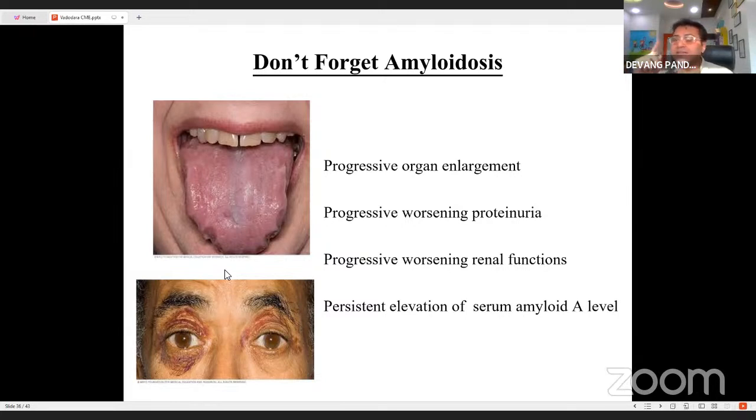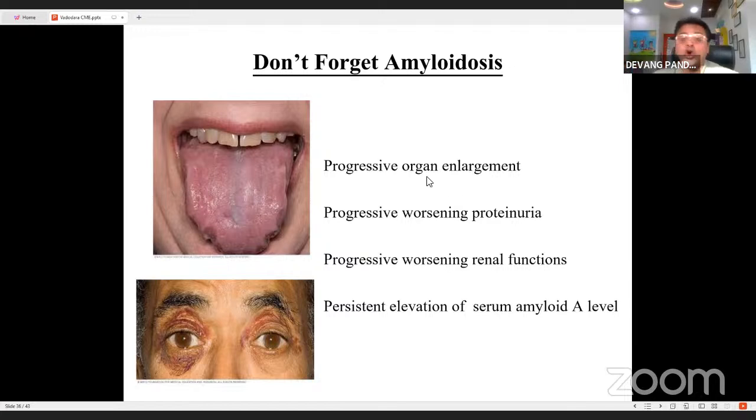If there is a non-clinical inflammation also, without any symptoms, but persistent raised ESR and CRP, there is a risk of amyloidosis. So if you have a child with recurrent fever episodes and you are not giving any medication, you feel this child looks normal in between episodes, so I'll wait and watch. But if you find that in between episodes ESR and CRP remain persistently high, and if there is